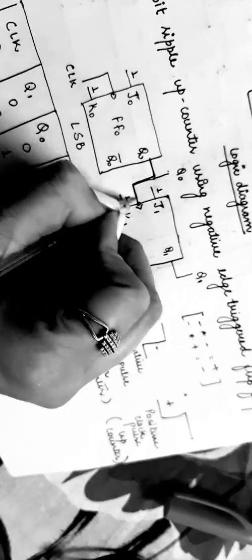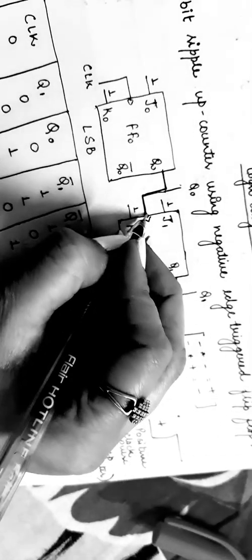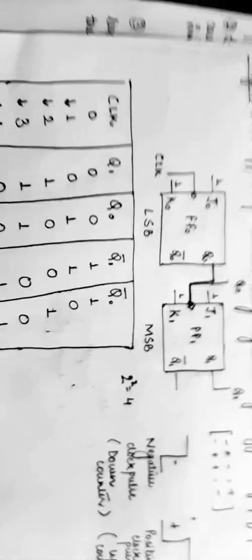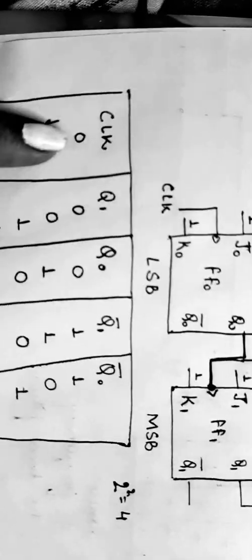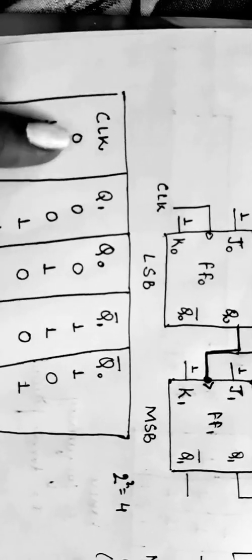Clear? So it will be connected in this way. A bubble will be applied over here and we can call it flip-flop 1. Now coming on to the truth table. Here, first, we can say, when we haven't applied any clock,